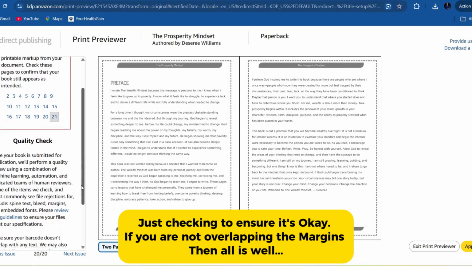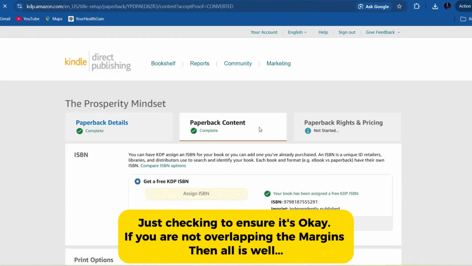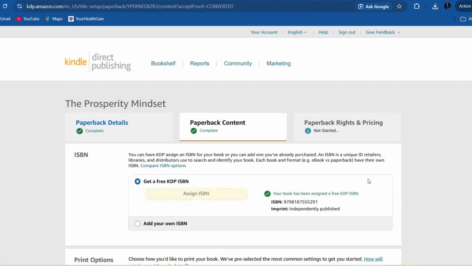So this still looks good. Select approve. So once that is approved,